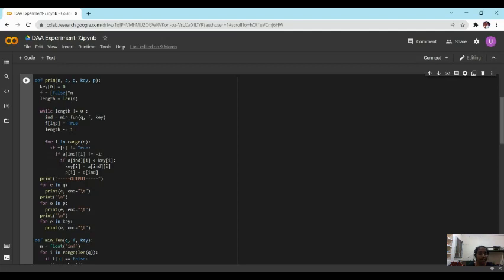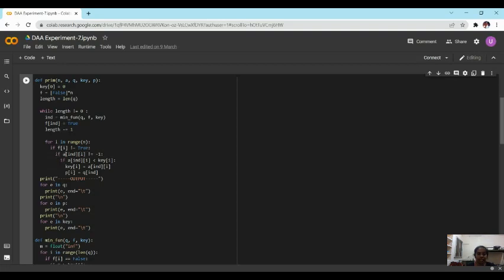If f of ind is equal to true, then we'll also assign length will be decremented by 1. And we have considered one for loop and nested if statements for getting the key values and p of I and p of ind. So first I have taken I in range of n, and for the first if statement we are considering if f of I is not equal to true, and then if it's not true, then we'll go